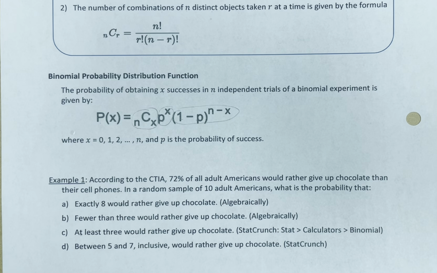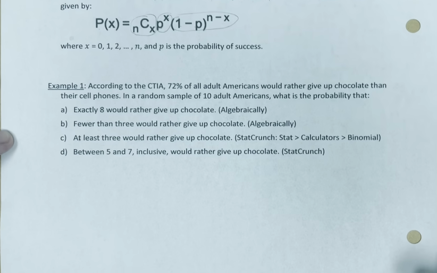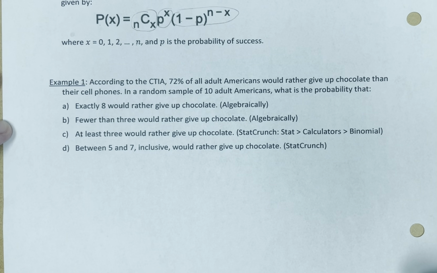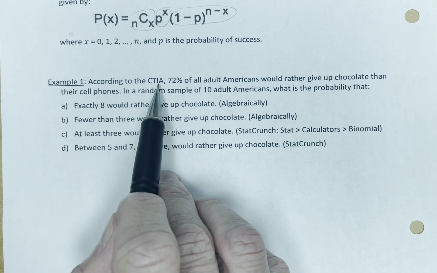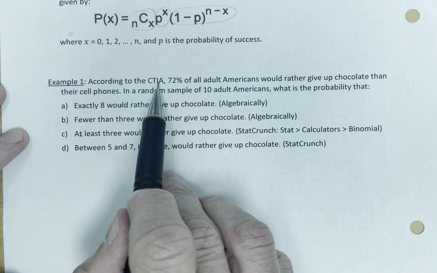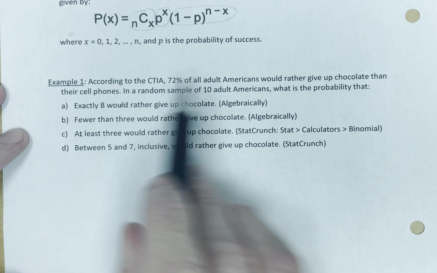Okay, let's do some examples of applying this formula. We're also going to take a look at doing it with StatCrunch. So we'll do some by hand, and we'll also take a look at letting StatCrunch do this for us. According to the CTIA, who the CTIA is, I don't know,